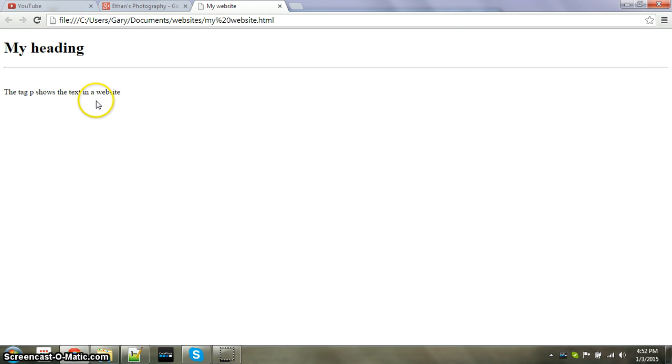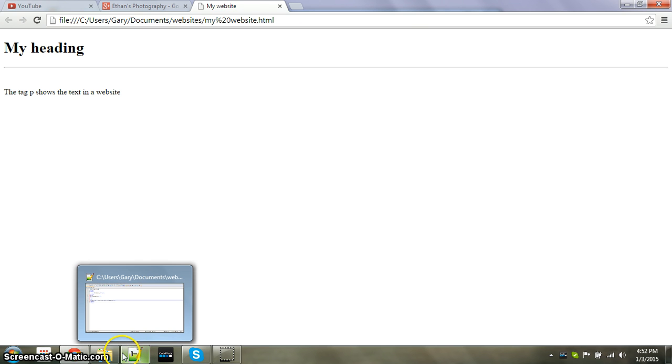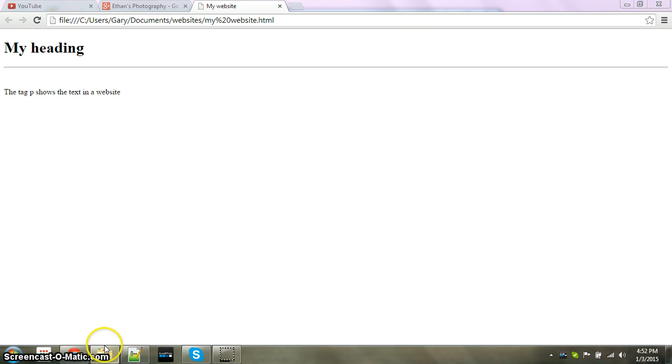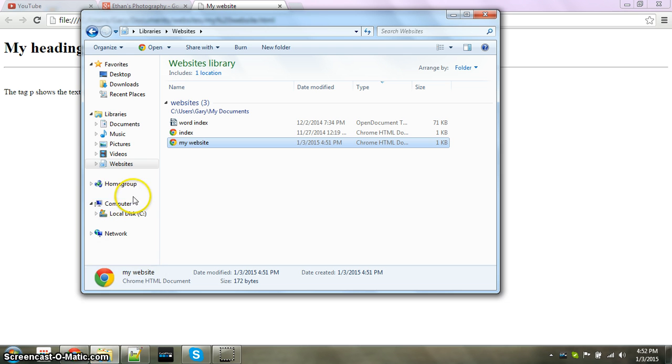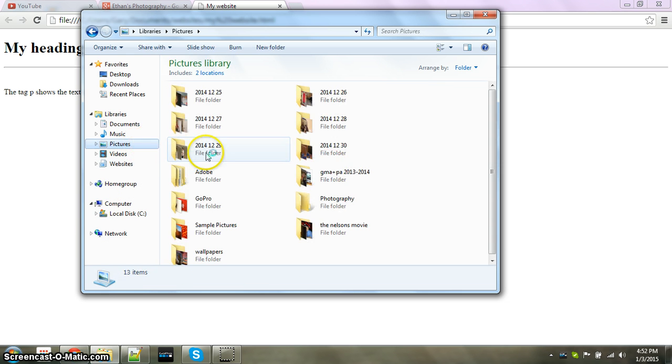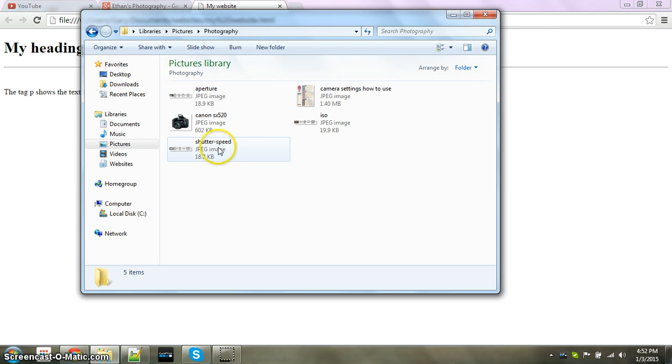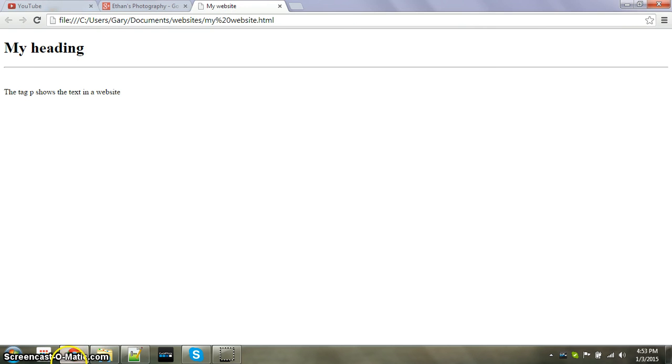And yeah, if you want to put a photo in there, then what you're going to do is find a photo that you want, and I'm going to put a photography photo. So I have this picture of a camera right here, Canon space SX520, and it's a JPEG. You have to remember what kind of image it is. So then you'll go back to your Notepad++,